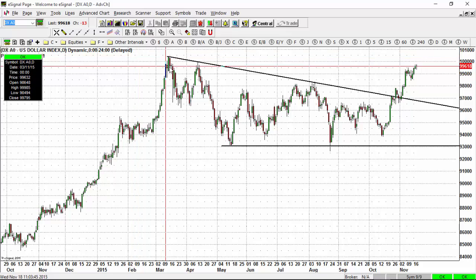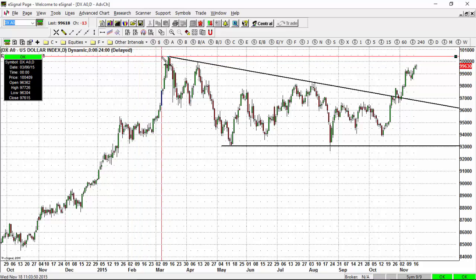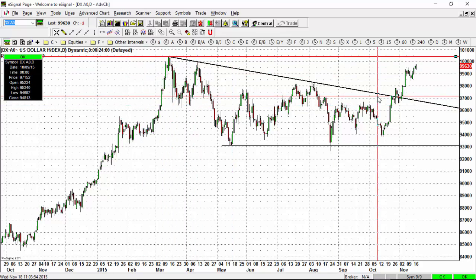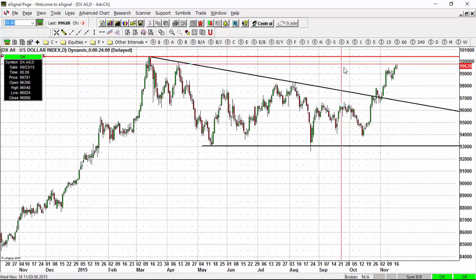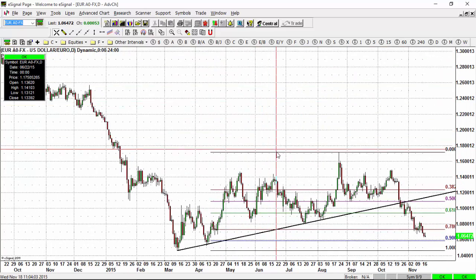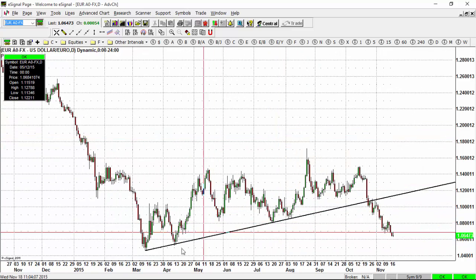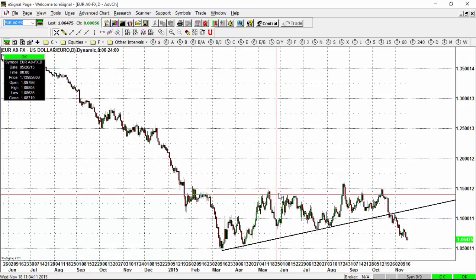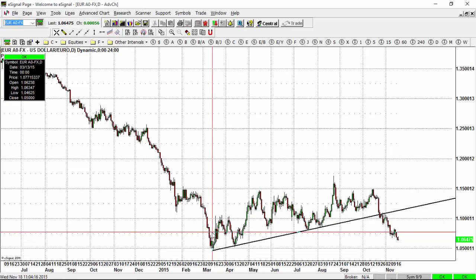The next area of resistance, let me just draw a red line. Area of resistance is up at that red line, and it will be interesting to see how the market reacts to this high in the US dollar index. Taking a look at the euro, let me just clean up this chart a little. We see that the euro broke below the trend line that we were speaking about and is trending to the downside. The next area of support in the euro is at